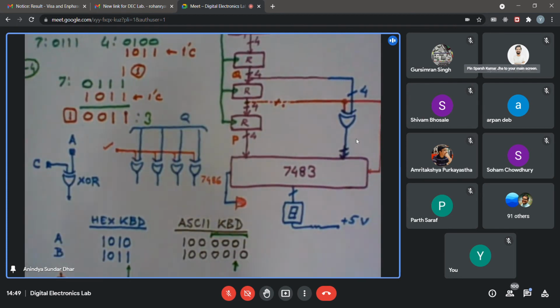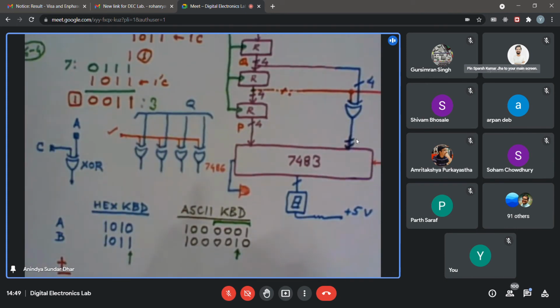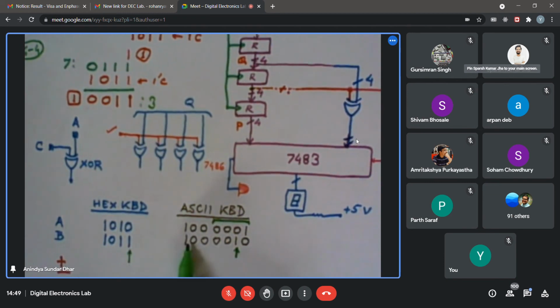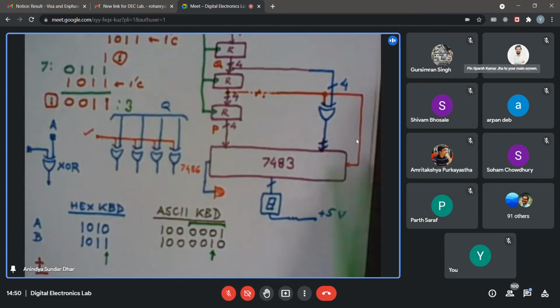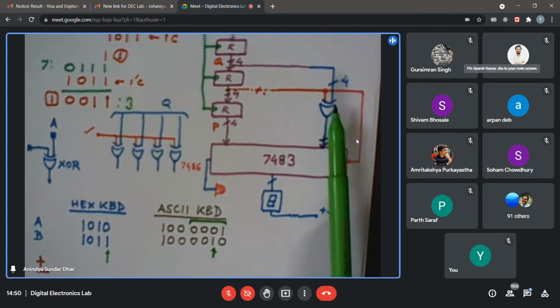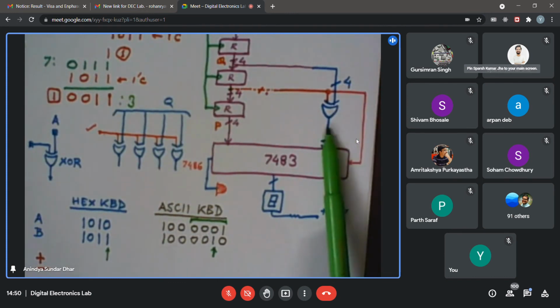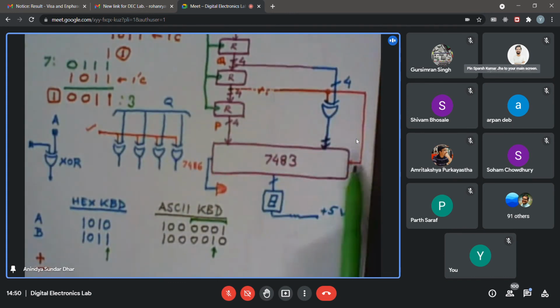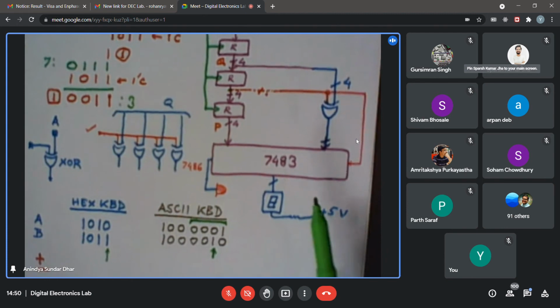But it may so happen that if the user presses some other key, other than plus and minus, then also it will have the effect of either addition or subtraction. So in other words, you need not check the higher order bits, whether it is really plus or minus. You can just check whether a single bit can distinguish these two, and you can utilize that one for triggering your XOR operation or generating that carry input. Because you need to do two things from addition to subtraction whenever you are changing that operation. One is to send the complement of the second operand. Another thing is to give a positive input, I mean, positive means high carry input.